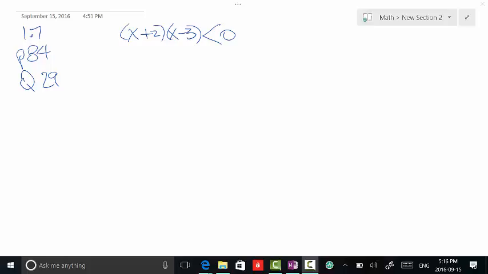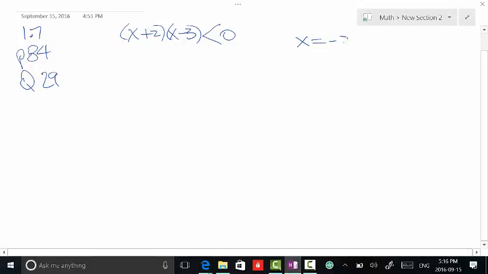BPHY053, section 1.7, page 84, question 29, solving nonlinear inequalities. If we have a nonlinear inequality (x + 2)(x - 3) < 0, the roots of this, well, if it were equal to 0, but we're still going to use the information, would be x = -2, x = +3. What I'm going to do in order to analyze this problem, I'm going to draw a